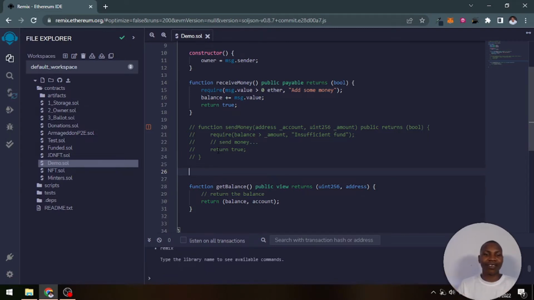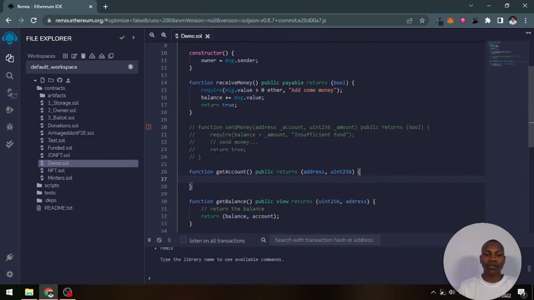This is how you get it done. Let's create a function called get account. This is going to be public and returns two things for you. What are the things? It returns an address, of course, which will be the address of the smart contract, and then it returns the balance of the smart contract. So let's perform this function. Let's get an address. Let's say this address data type called